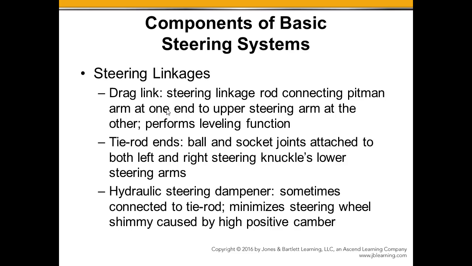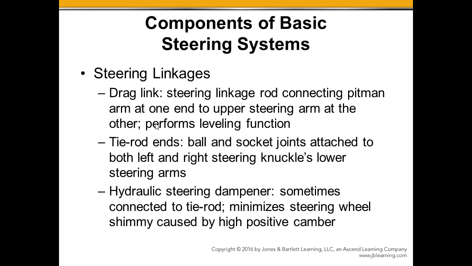We'd have a tie rod end in each end of that drag link, so it allows changes in the position of the axle as we go over a bump or a dip, or as more load is put on the frame of the truck and the suspension gives a little bit. The drag link allows that change in the position of the two components, but still takes that linear motion and transfers it into the steering